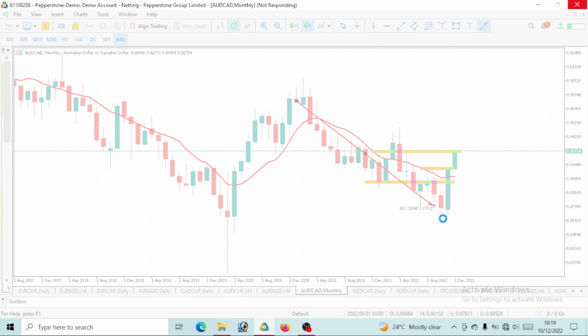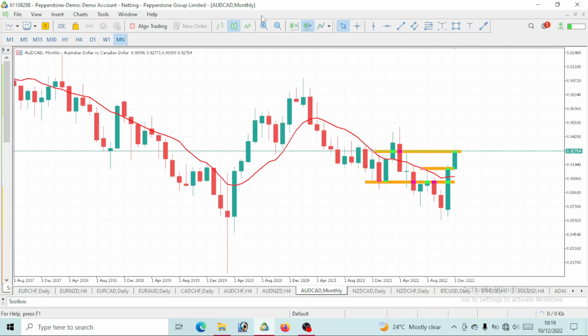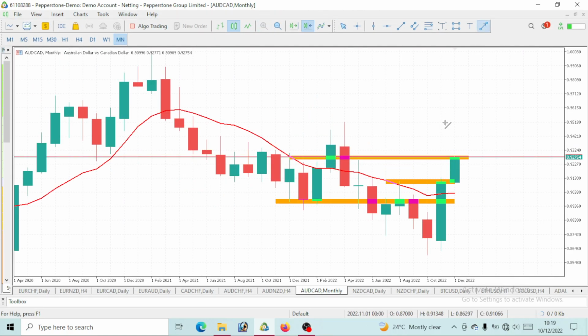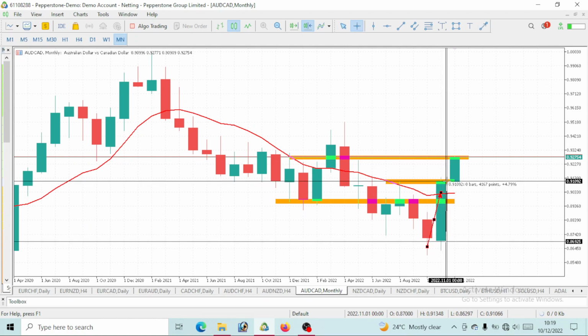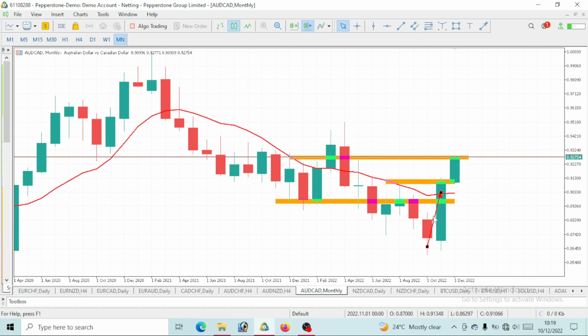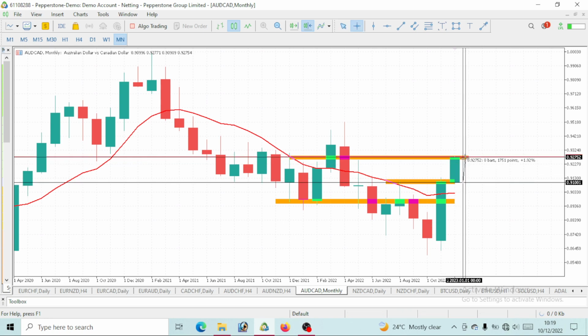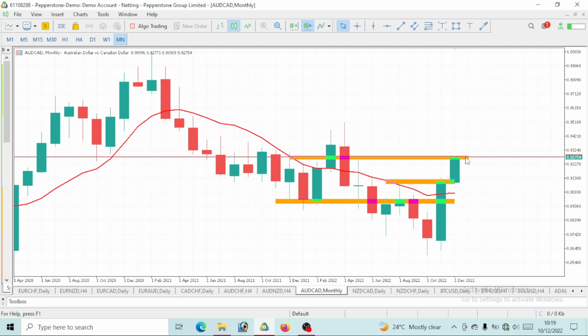But as of now, this price has gone up. It has now broken our moving average. So we are now currently trading above our 10-period moving average. So you can see this price has given us a pullback. I think this was the month of November, right? We actually made more than 400 pips of bullish move on AUD CAD. And now you can see that this month of December, we've actually made close to 200 pips.